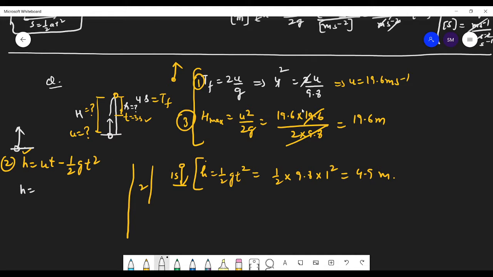So h is equal to, what's your u? U is equal to 19.6 and time is 3, minus half into 9.8, time is 3. So that will be 19.6 multiply 3. So 60 minus 0.6, that's 59.4, right? Minus 4.9 into 9, or you can find actually 9.8 into 9. What is 9.8 into 9? You should remember this. Or you can simply find, okay, it will be easier. So 9 5s are 45 minus 0.9. Yes, 49.1, right?